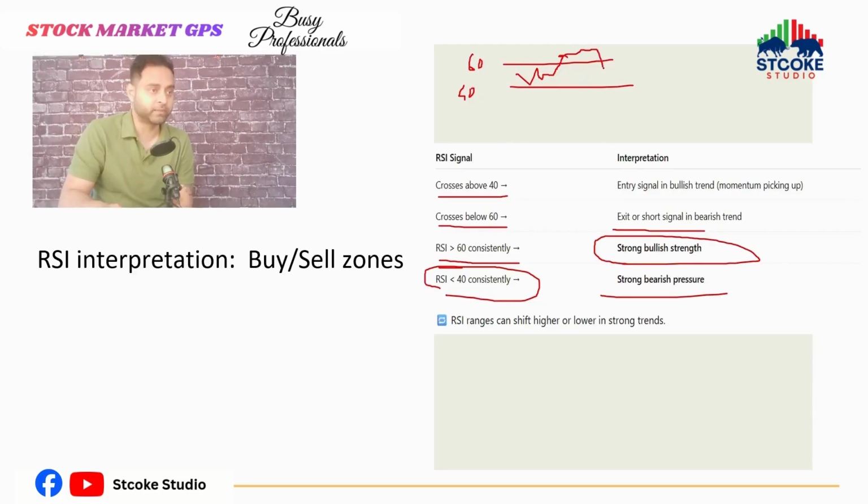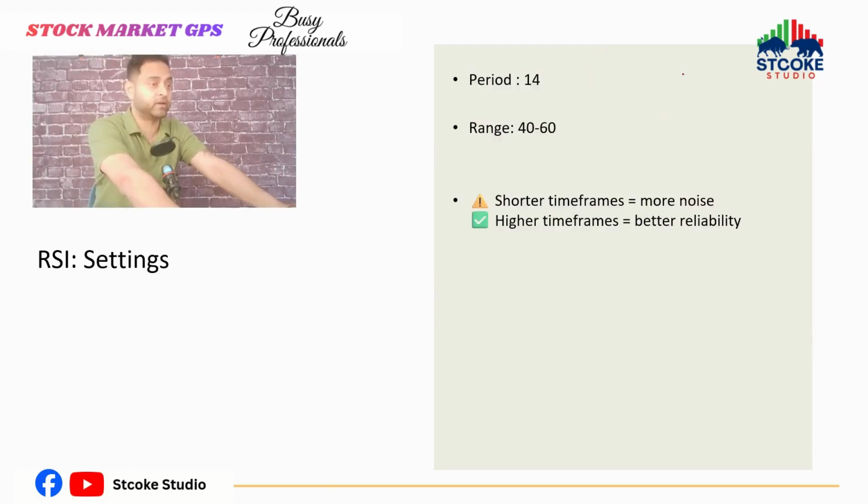Now again RSI drops below 60, means the momentum in the upward direction is fizzling out. You must consider exiting the trade. If it's RSI इधर इधर, this is a stagnation zone, फिर RSI इसके नीचे आ गया 40 के नीचे, which basically means now there will be high momentum in the downward direction. तो आपको इधर शॉर्ट ट्रेड्स आप ले सकते हो। फिर से आरएसआई ओवर सोल्ड जोन पे गया, इधर थोड़ा सा टाइम बिताया, फिर ऊपर आ गया, राइट। सो आरएसआई हमेशा ऐसा करता रहेगा। आपको आरएसआई फॉलो करना है, एंड बेस्ड ऑन वेयर इट, इन विच जोन इट इज, यू कैन टेक योर ट्रेडिंग डिसीजंस।